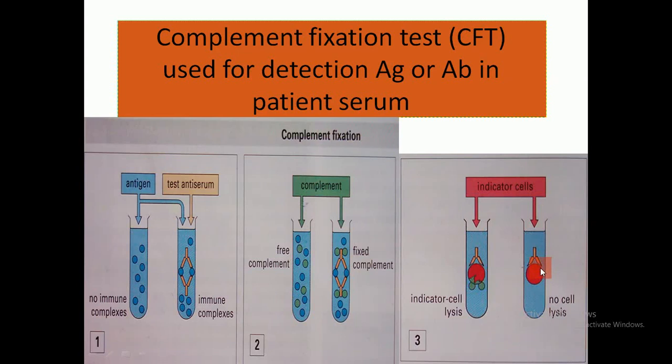The indicator cell consists of RBCs coated with antibodies. So when there is rupture of the